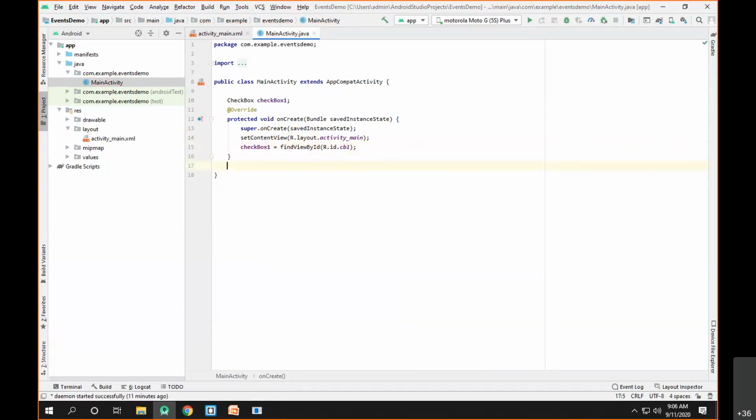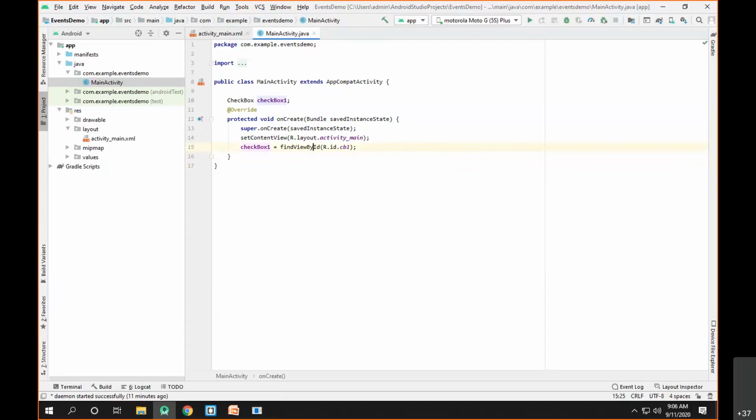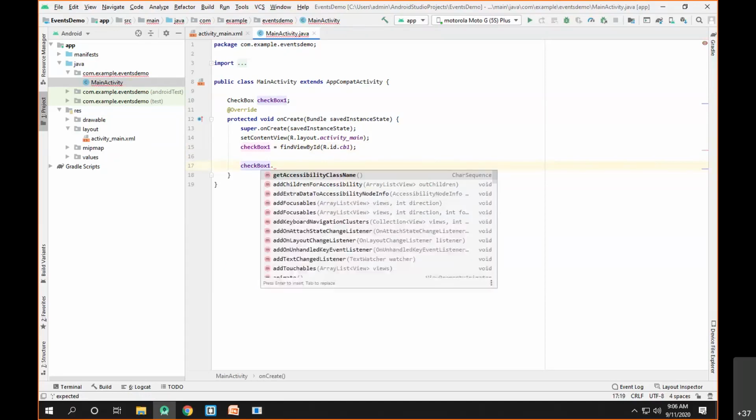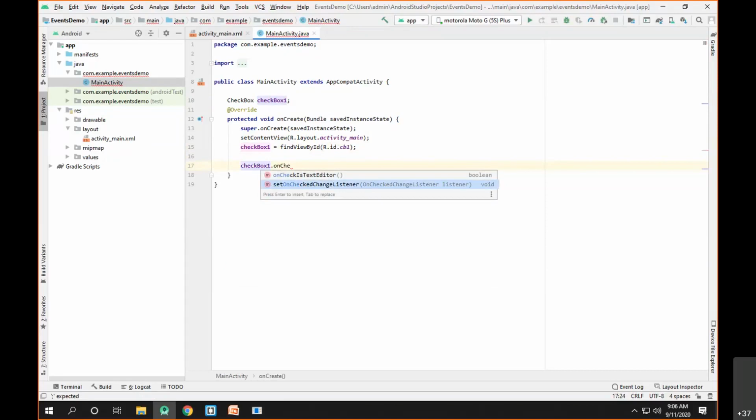The event that you are supposed to handle for a checkbox is the onCheckedChange event. Let me write the event handler itself inside the onCreate method. I can say checkbox one dot setOnCheckedChangeListener, because the onCheckedChange event is listened to by a specific listener, called the OnCheckedChangeListener.